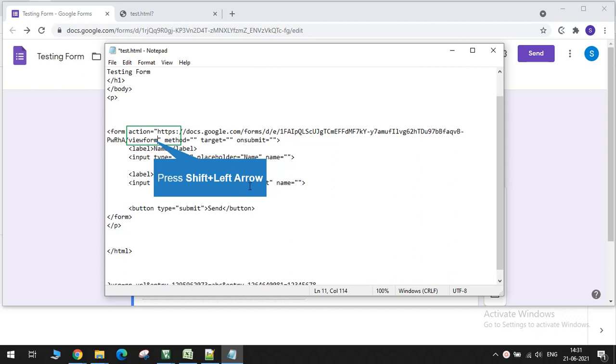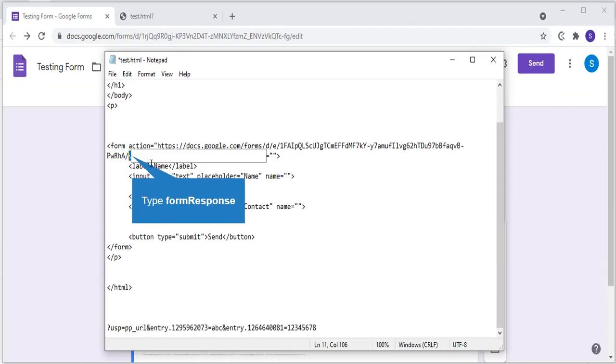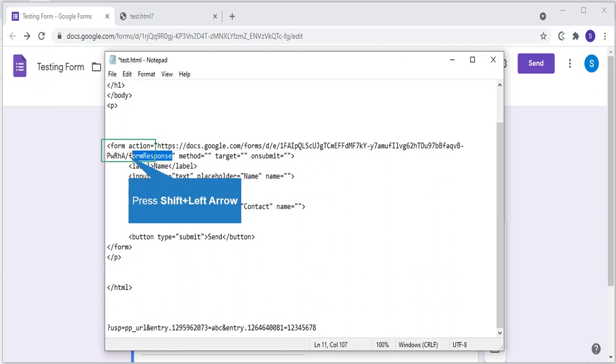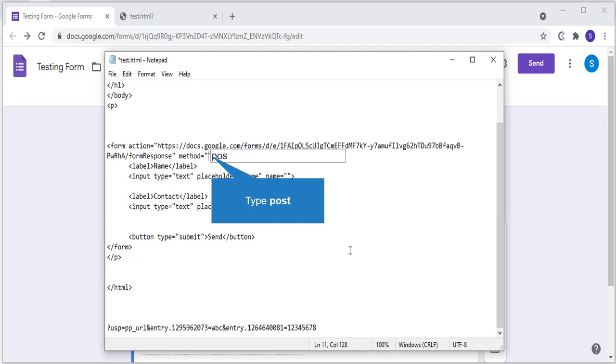You need to do one minor modification. I'll show you. "viewform" is written over here. Just change it to "formResponse". You have to change it to formResponse. This modification is very important, so do not skip this. Method is post,